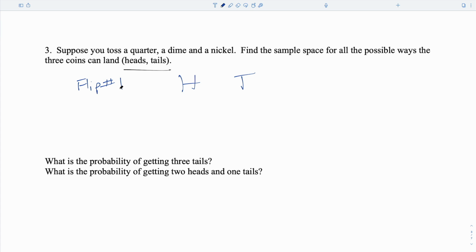Right, and erase it and put what we have. It's not quite right. You can have another flip, and this time, this looks a little different. Your second flip, if you got heads, it could be heads or tails. If you got tails the first time, it could be heads or tails from that one. Okay. Your third flip,